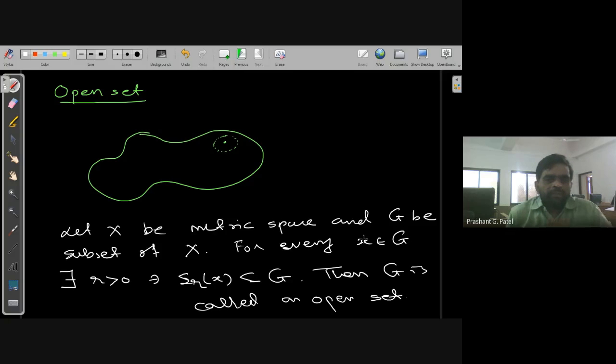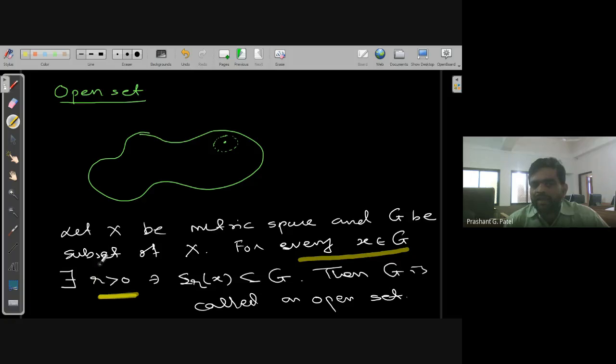Okay, so please be careful about the definition. Students make a mistake here. Here it is for every x, so the thing happens for every point inside the room. There exists at least one r. There may be many, I don't mind, but at least one.